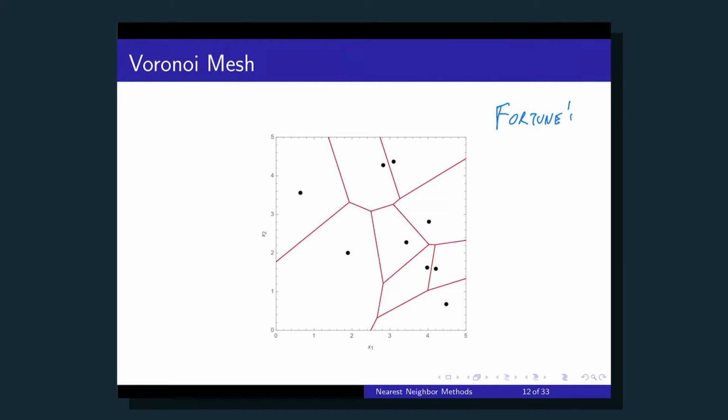Fortune's algorithm, which is a straightforward way of building Voronoi meshes. So finding the nexus points of the mesh and the equations of each of these lines. While Fortune's algorithm does this by sweeping a line through the data set and essentially growing parabolas around points,